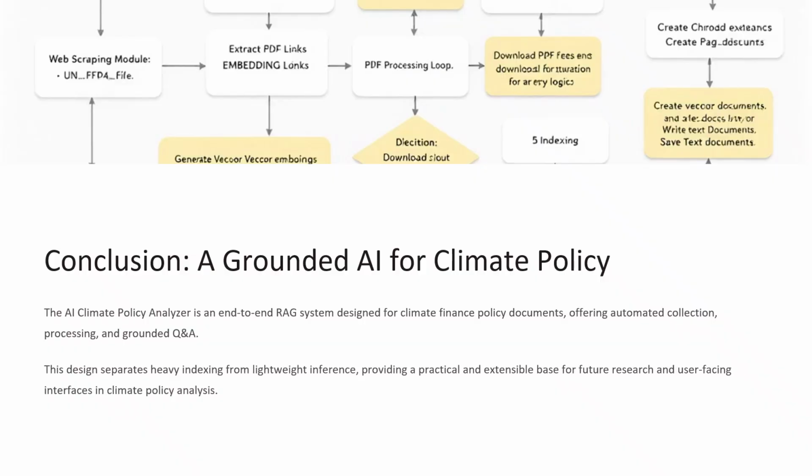Not only can it work for these climate policy documents, it can work for any documents that are searchable through the web. You just have to swap the URL that I have in the environment file with the website link, and this model would be able to work perfectly fine for whatever domain we want to ask questions about and get answers from.